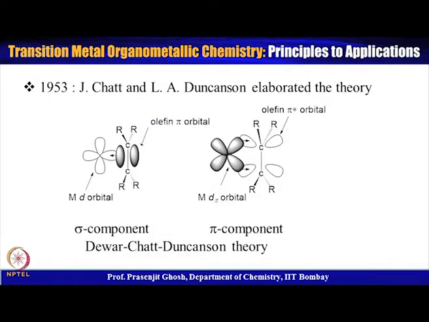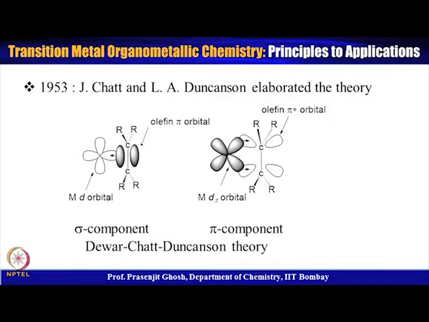In 1953, J. Chatt and L. A. Duncanson elaborated the theory and came up with the Dewar-Chatt-Duncanson theory. This theory explained how the bonding happened in Zeise's salt, which was discovered in 1827, about 100 years earlier. This was a very fascinating discovery at that time, because it was found that